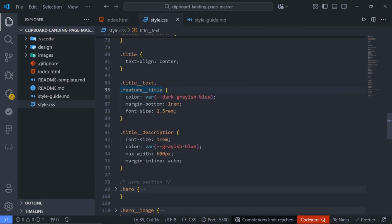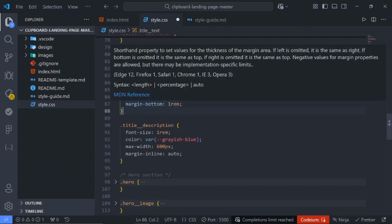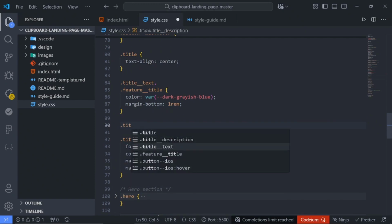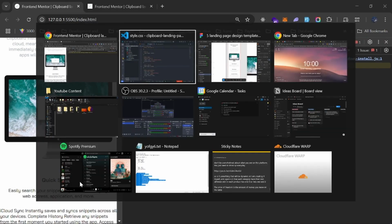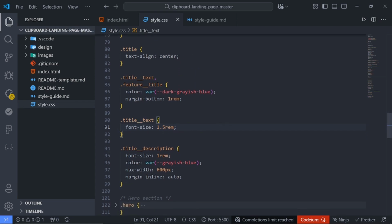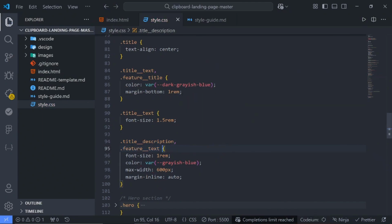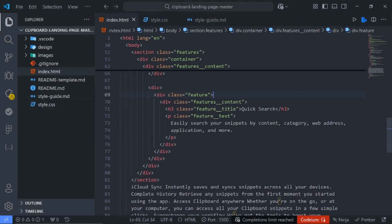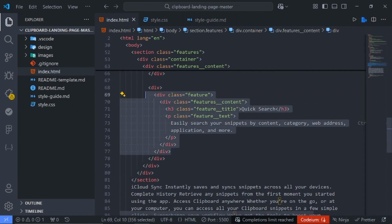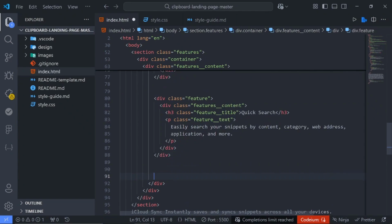Title and save. So what we'll do is that I will get rid of this font size and I will add it to the title text itself so that it doesn't affect the feature title. Then for the description, or for the feature text, I will add it here and say feature underscore text. All right, cool. So now what we have to do is to copy each feature. So we'll copy this 2 more times. So we say 1 and 2,